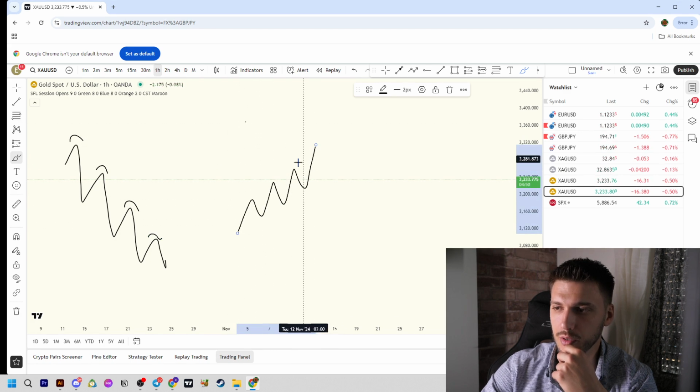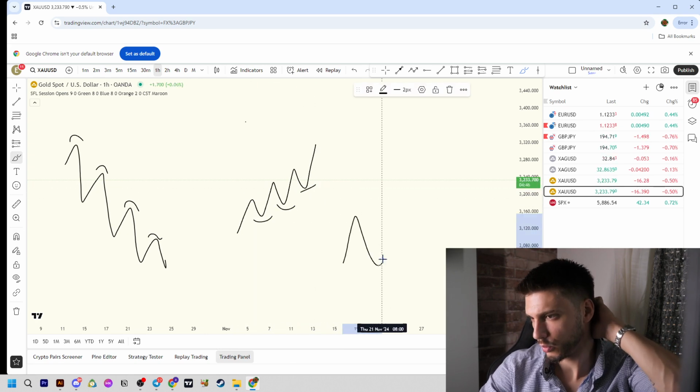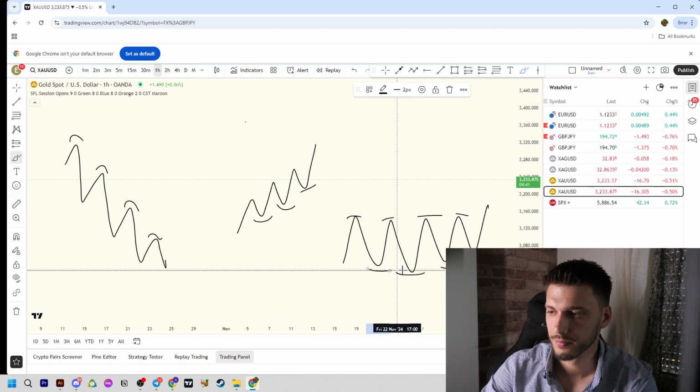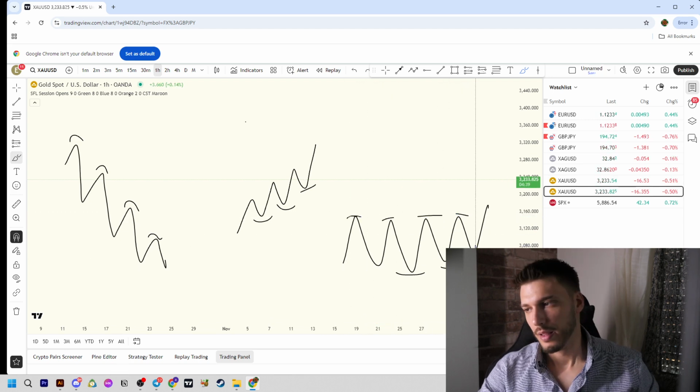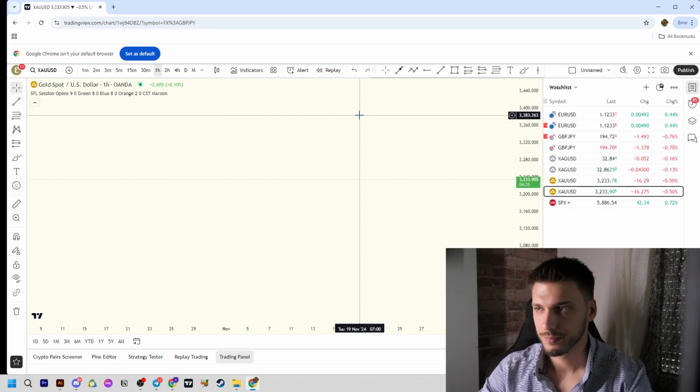On an uptrend, liquidity lies on the lows. And when the market is ranging, there's liquidity on both sides, basically. And the third one I want to teach you guys is